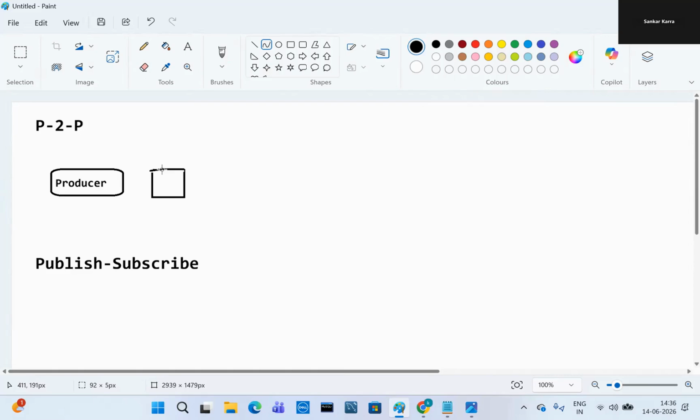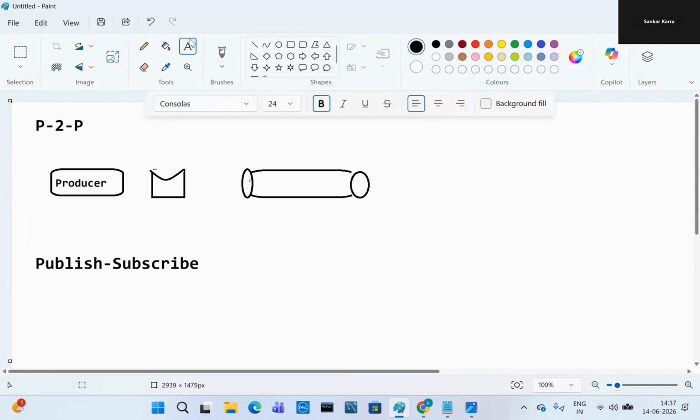Whom will it send to? In point-to-point, there will be a queue. The producer sends messages to the queue. This is a queue.